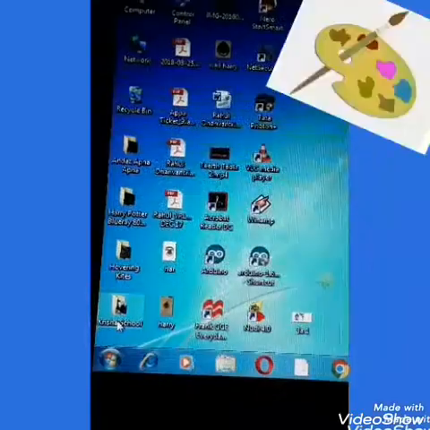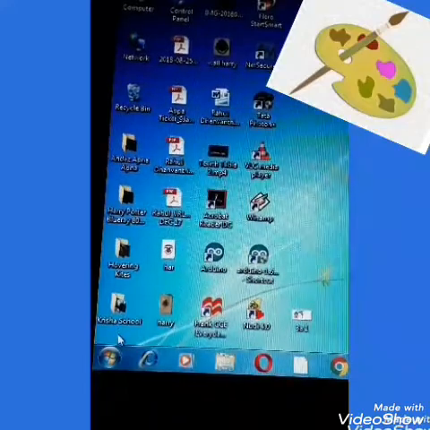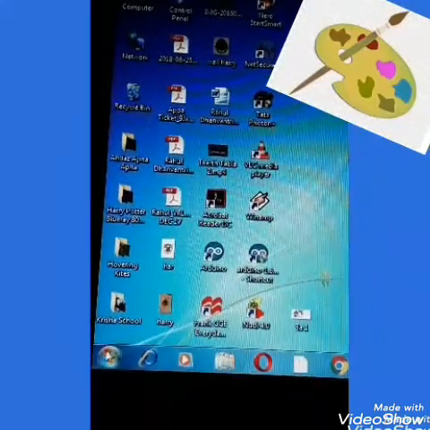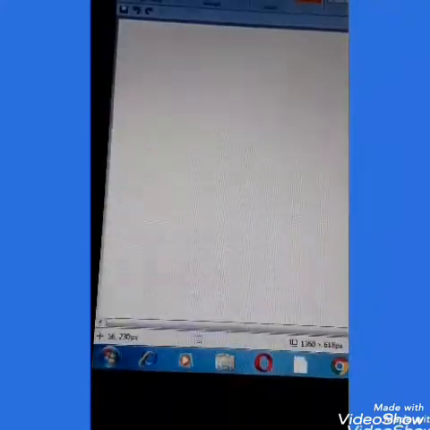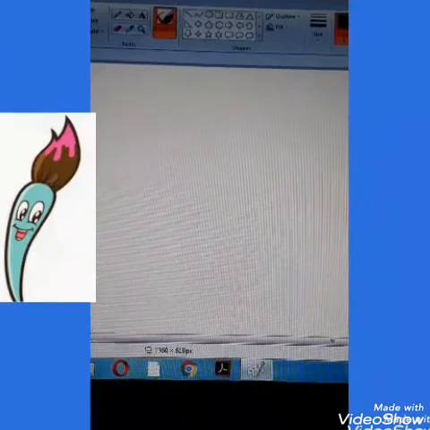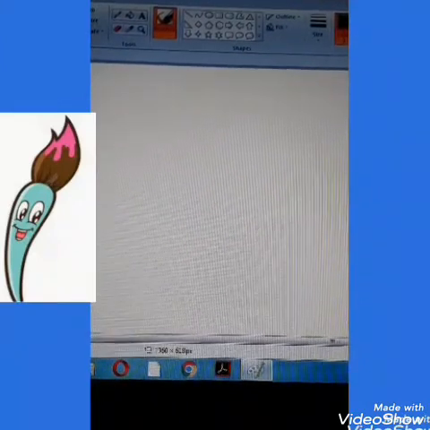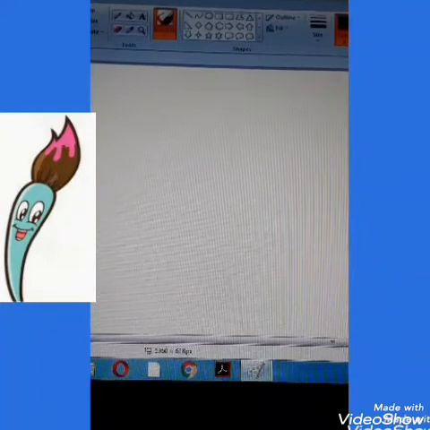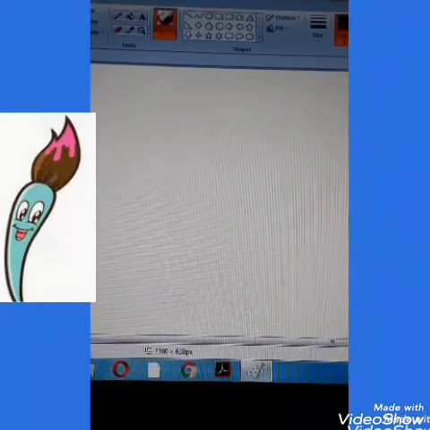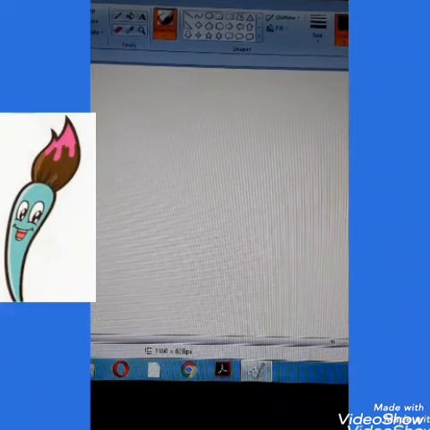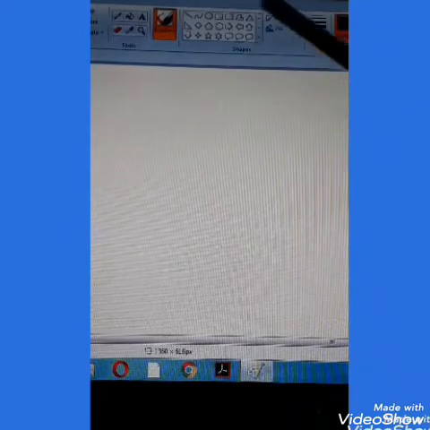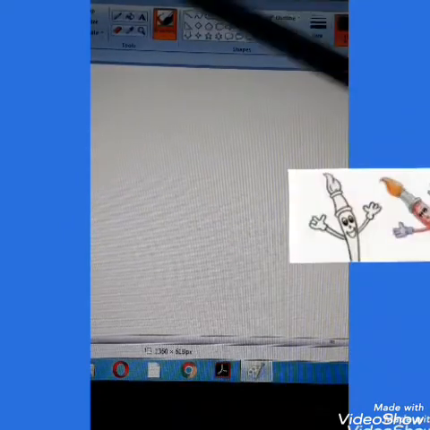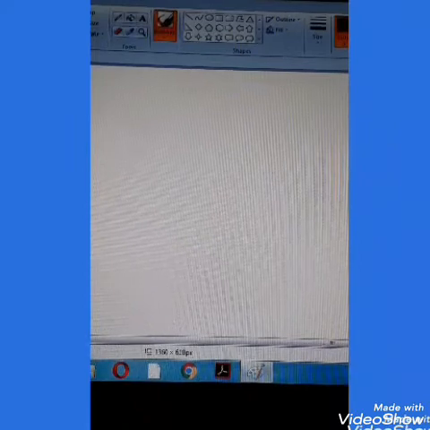So now let us start with the practical part. Come on children, let us start with the practicals. Now you all know how to start Paint. Yes na children? Okay, very good. So children, by now you all know the names of all the tools and shapes and the options, and you all also know where they are placed. Yes children? I have explained everything in detail in the explanation video.